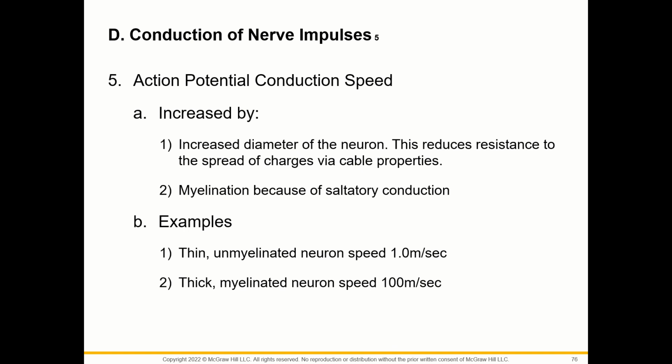So action potential conduction speed is increased by an increased diameter of the neuron. This reduces resistance to the spread of charges via cable properties, and myelination because of saltatory conduction. Oh, look, there it is, even in your PowerPoint. Thin unmyelinated neuron speed is 1 meter per second, and thick myelinated neuron speed is 100 meters per second, or